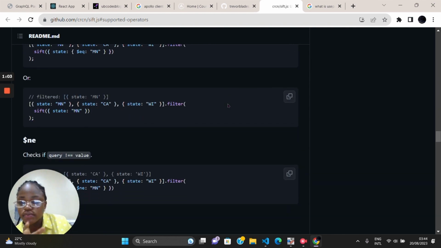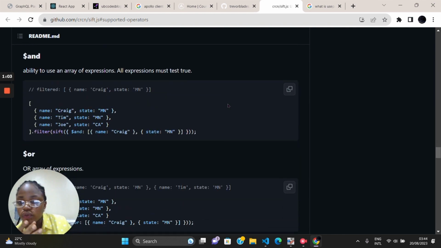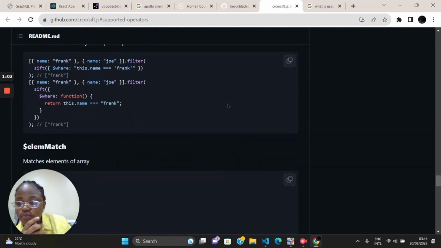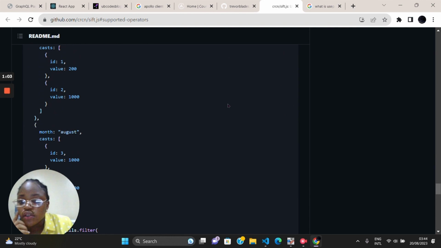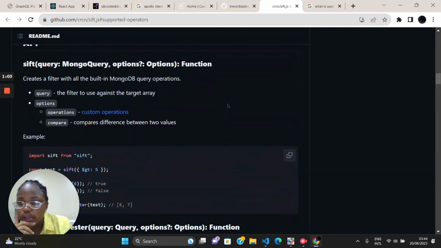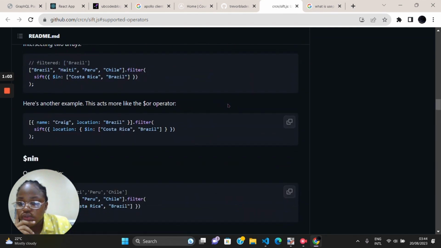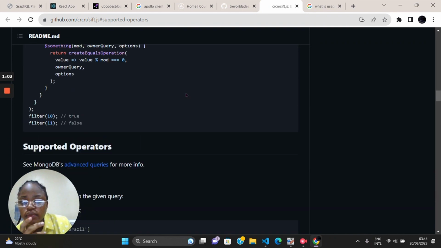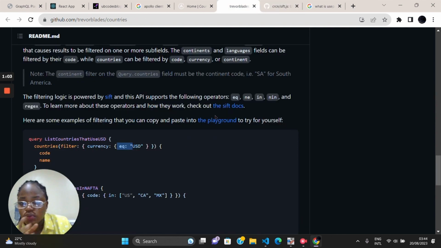Let's move forward. I'm looking for, I think I use IN. Okay, I think we already saw IN. What did it say about it? Yeah. So it checks an array value must be in the given query. So that's just a major all sorts of it. So in the